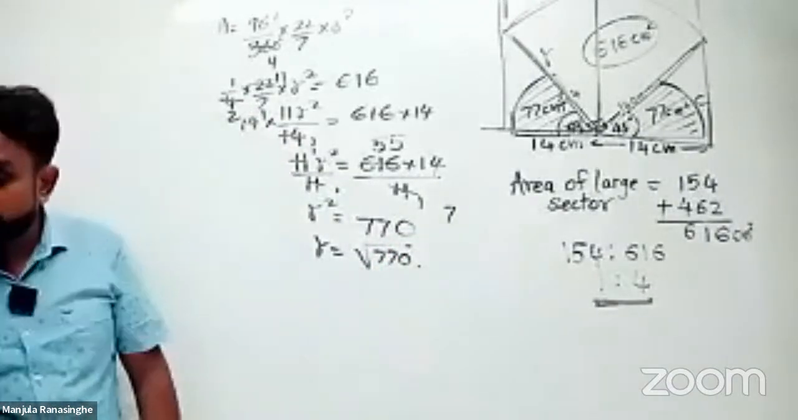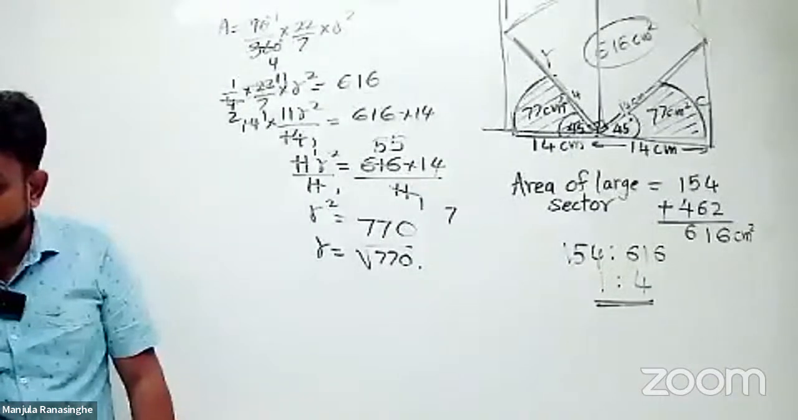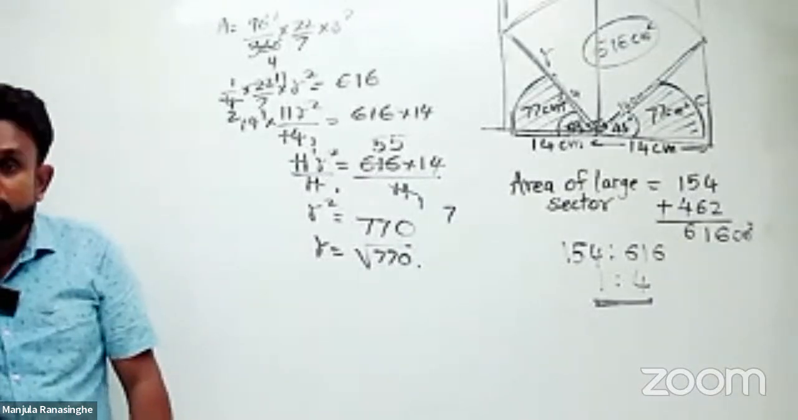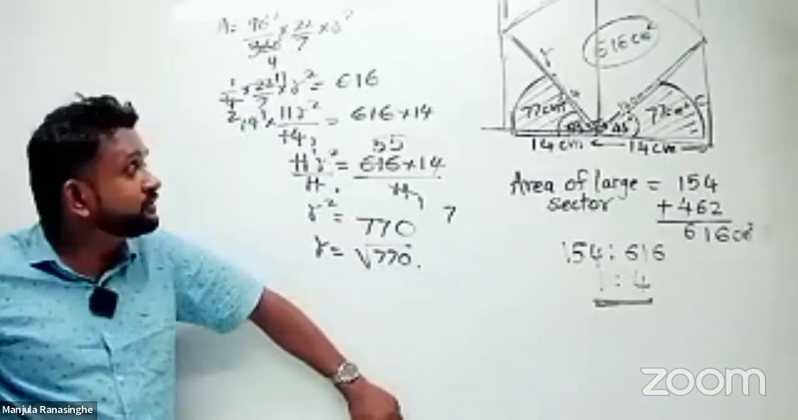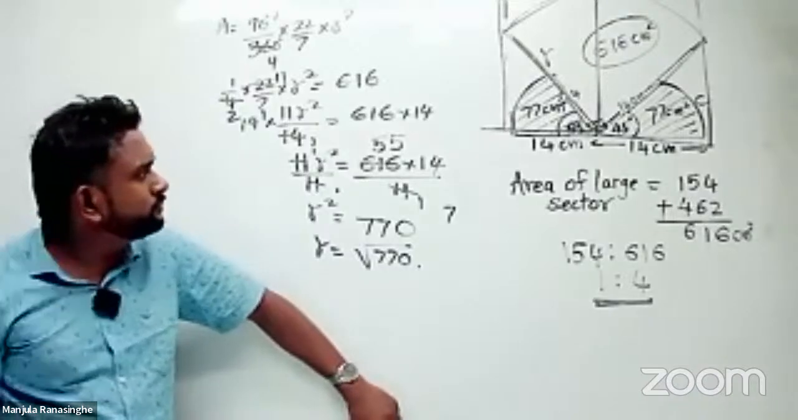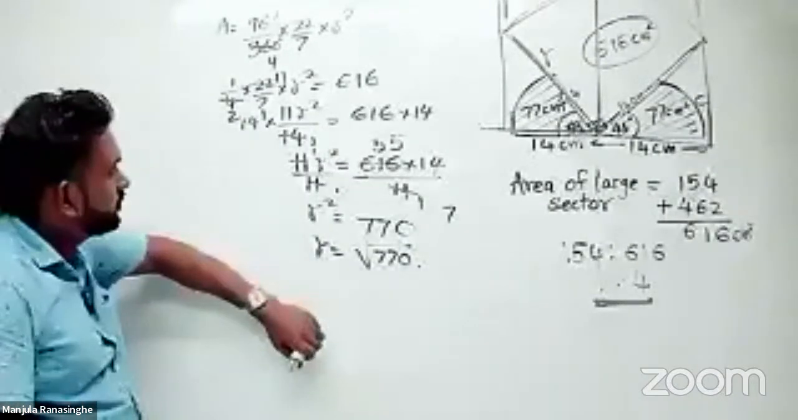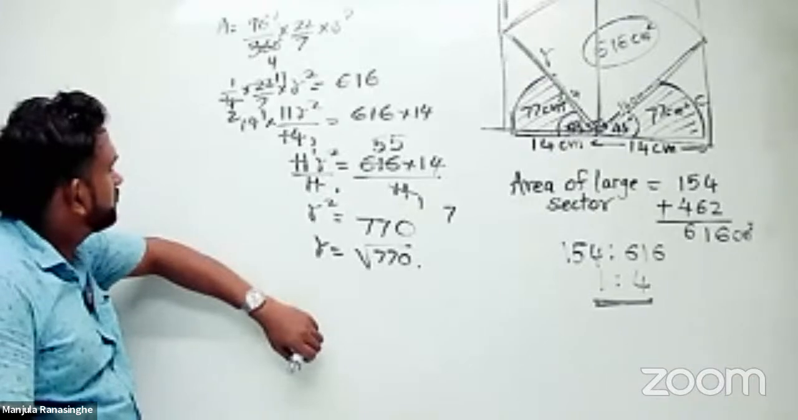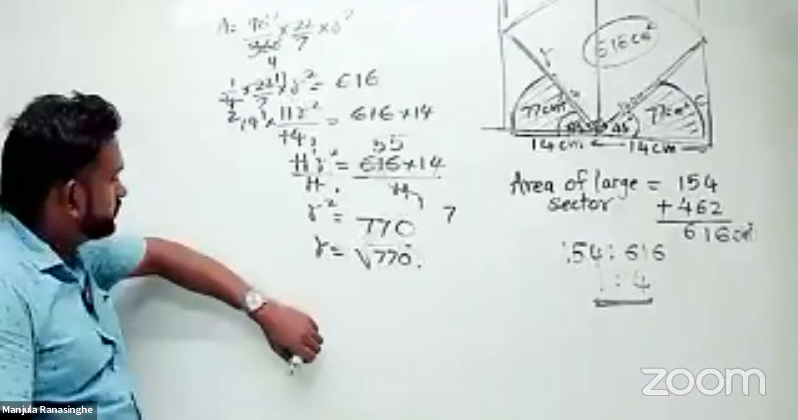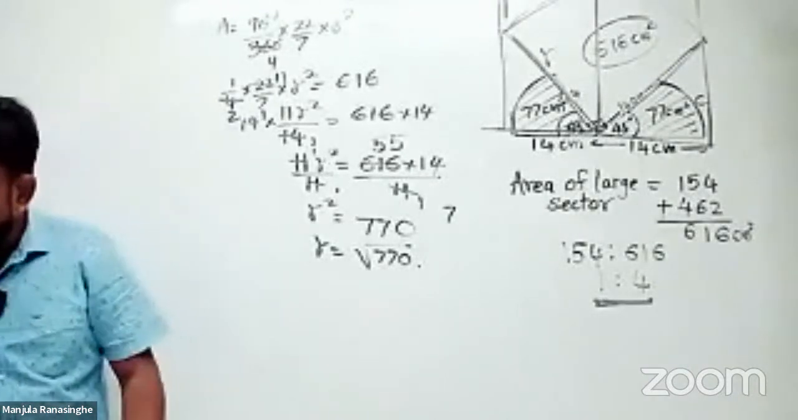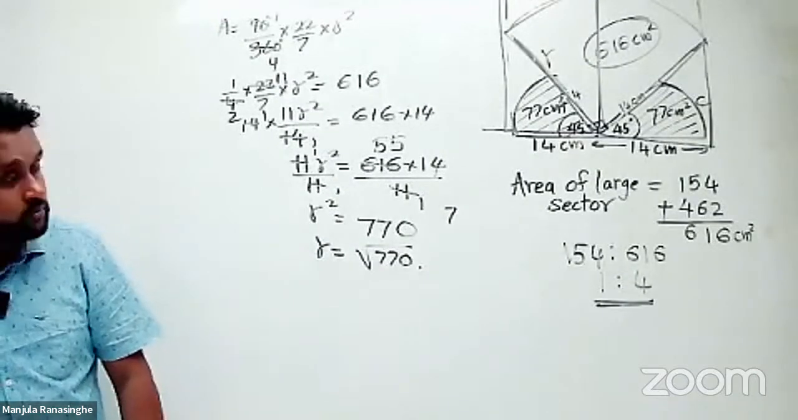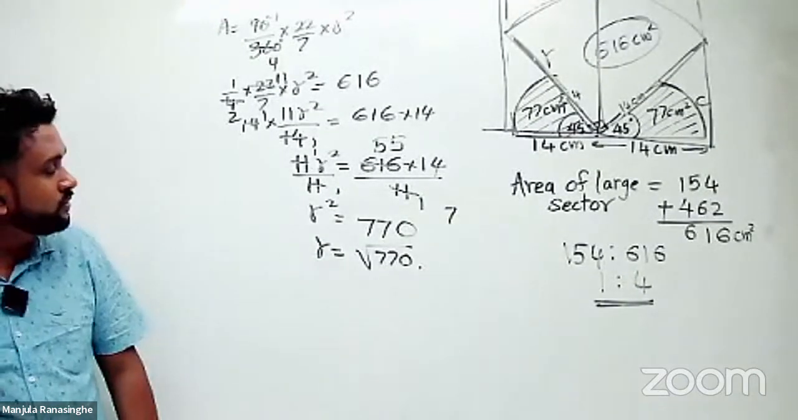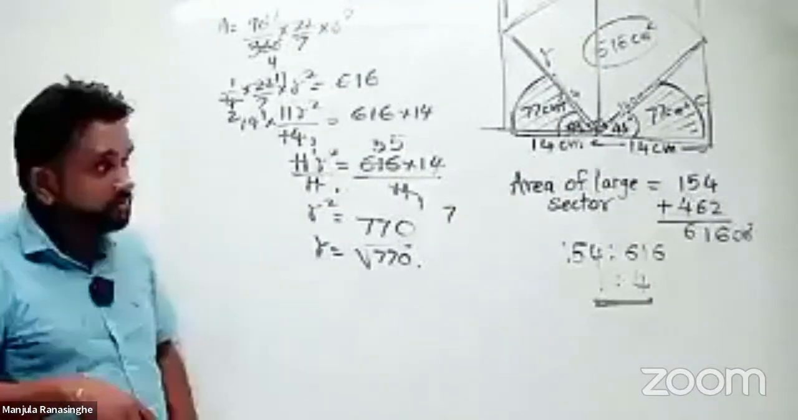But I think the square root of 77 is around 27 something. No, it must be a mistake, right? Here